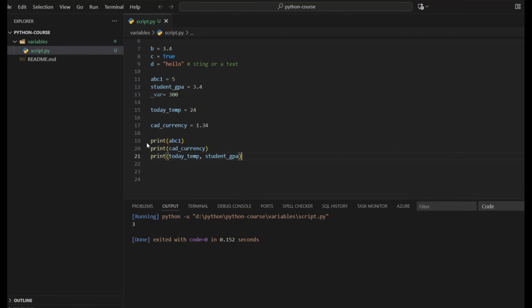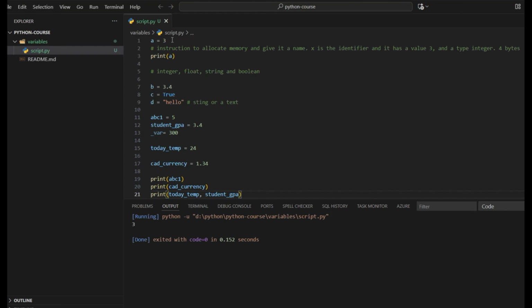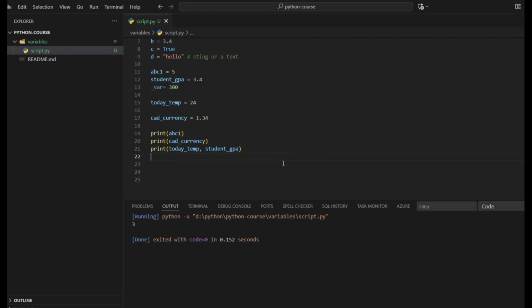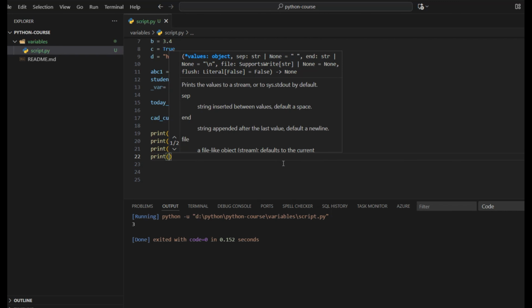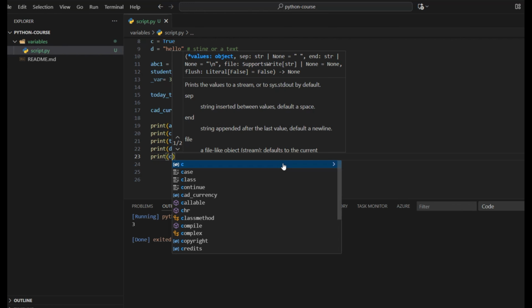something like that, right? So we created variables, as you can see, a variable of type integer, a variable of type float. Float here means decimal. A variable of type boolean, a variable of type string or text. And then we showed how to name the variables. And let's print also the ones here, which are D, which is hello, and print C as well,